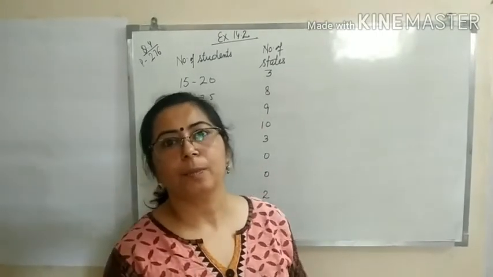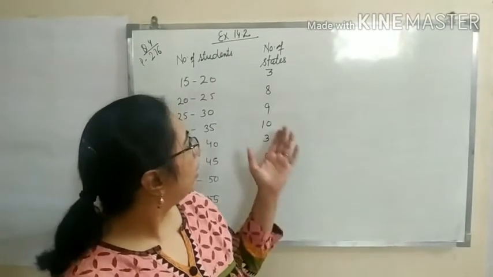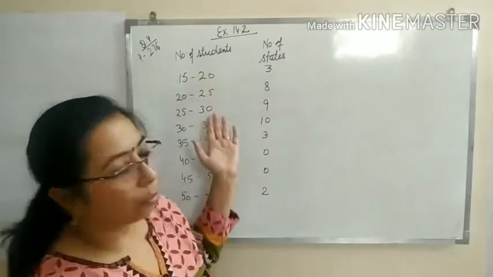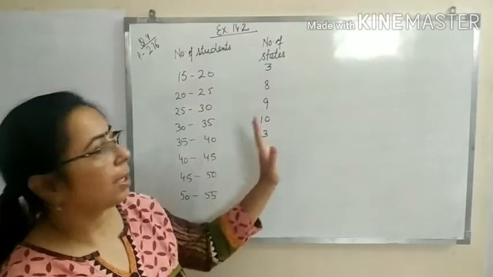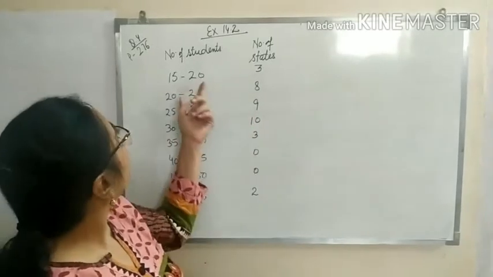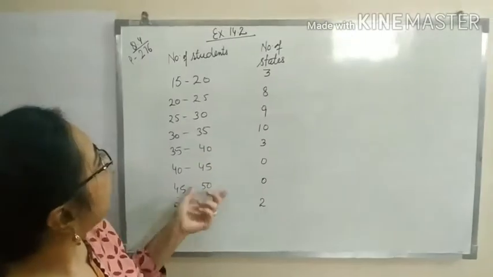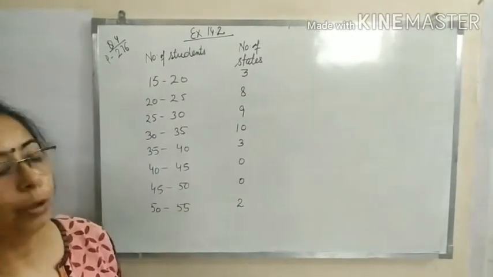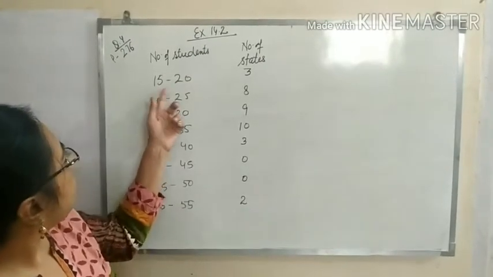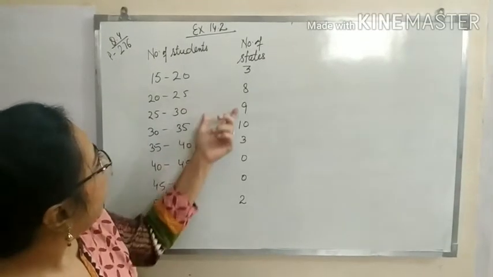The whole exercise is based on this formula only, the mode, which you have to find out. There are 8 questions, and 6 questions we will do. I am doing only the 4th one for you because the whole exercise is based on one formula. You try all the questions yourself simply by using the formula. In the 4th question, again you can see the data is given to you: the number of students per teacher and the number of states, and you have to find the mode of this data. You can see all the class intervals have equal length.